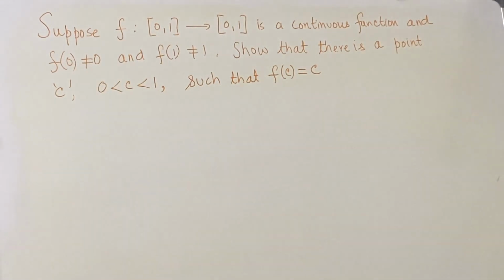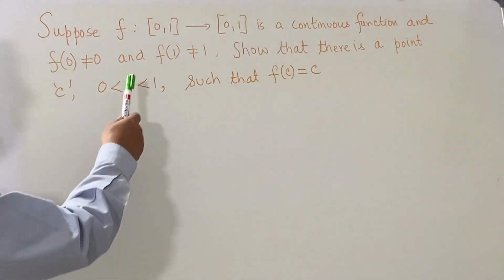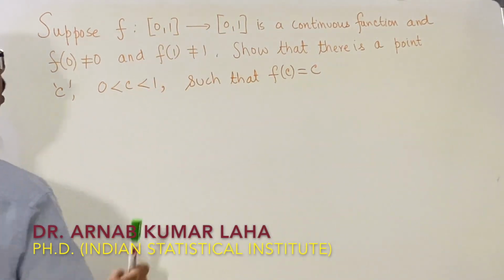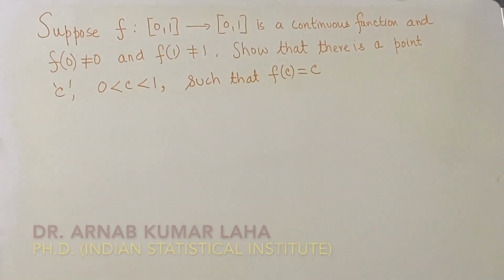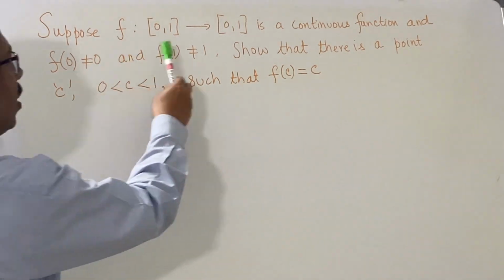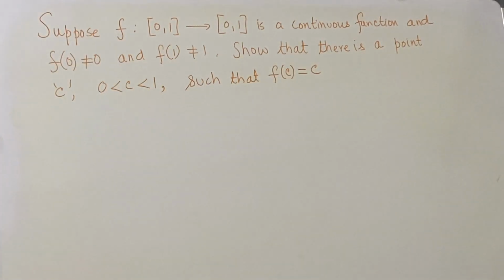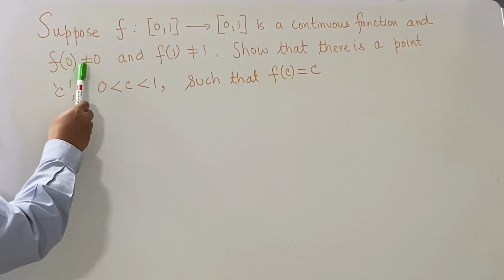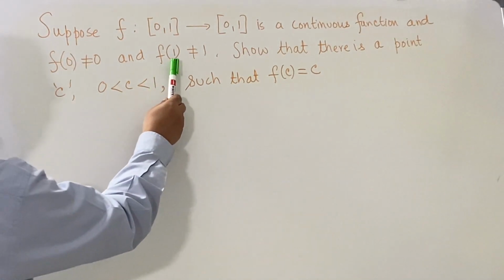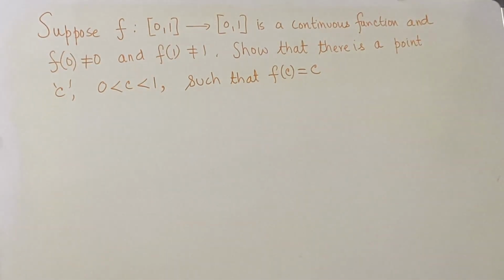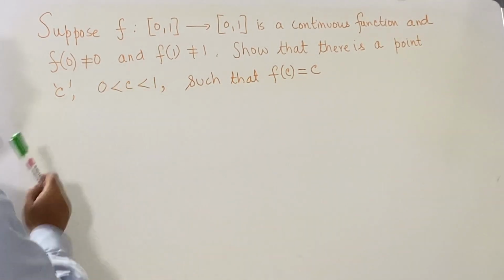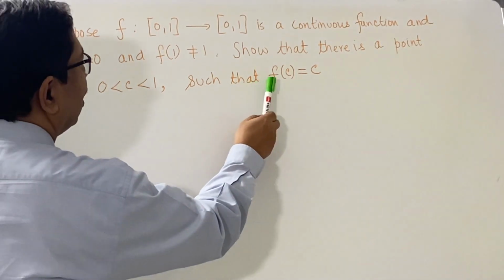Here we have a function f whose domain is the closed interval [0, 1] and the range is also the closed interval [0, 1], and f is a continuous function. We also know that f(0) is not equal to 0 and f(1) is not equal to 1. We have to show that there is a point c which lies between 0 and 1 such that